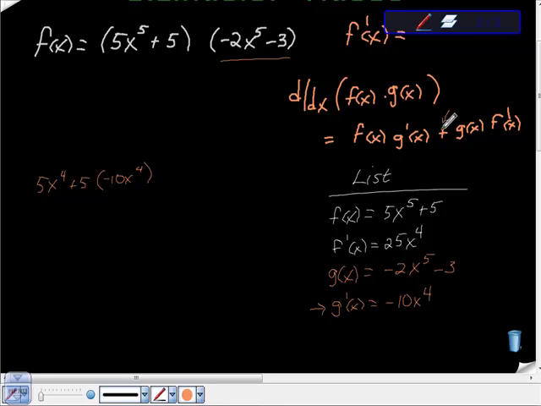So this plus sign right here is this one. And then I'm going to take the second function, which happens to be negative 2x to the fifth minus 3, times the derivative of the first function, which happens to be 25x to the fourth. That is my answer. I could simplify this out a lot for you, but I'm not going to bother with